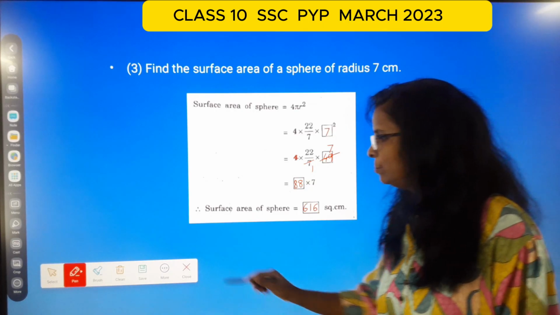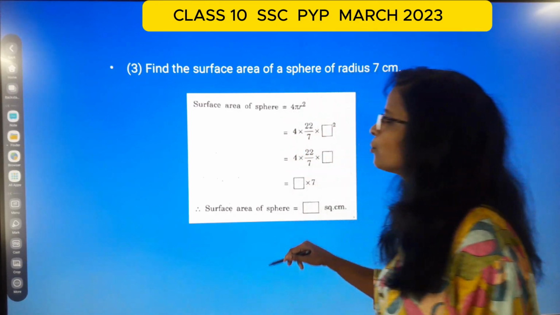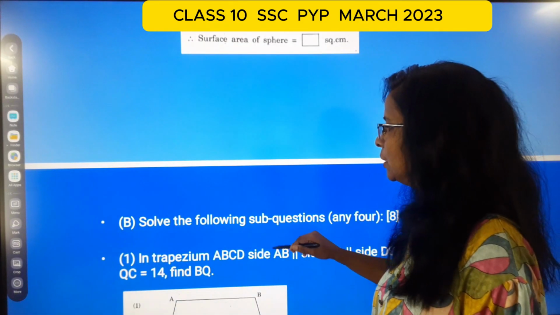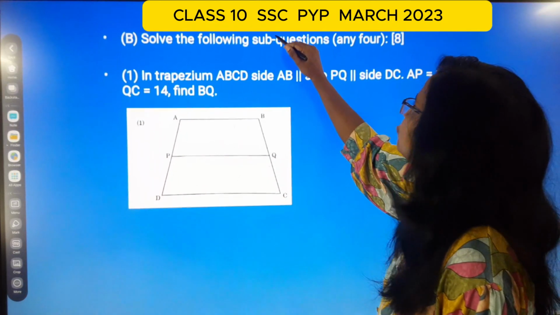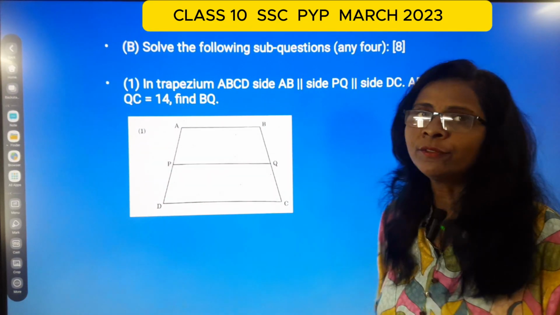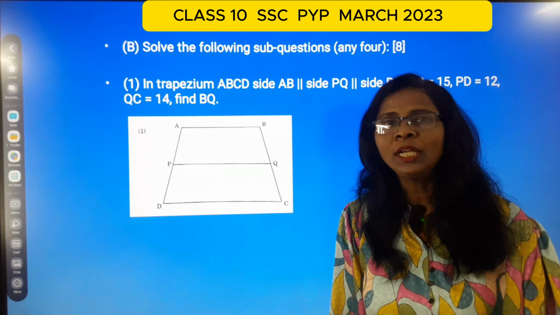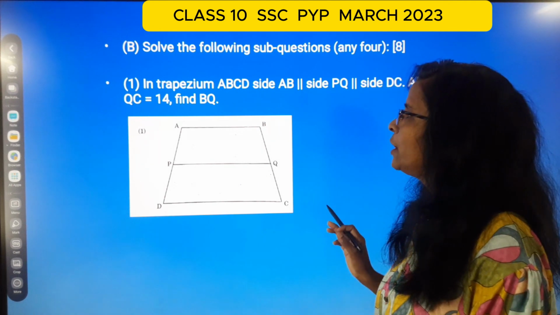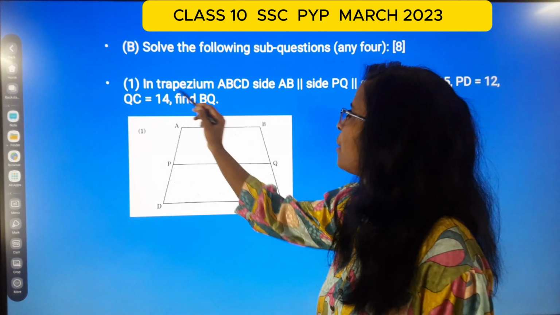Okay students, now the next question will be question 2b. There are 5 questions, and we have to attempt only 4 questions. So now the first question: in trapezium